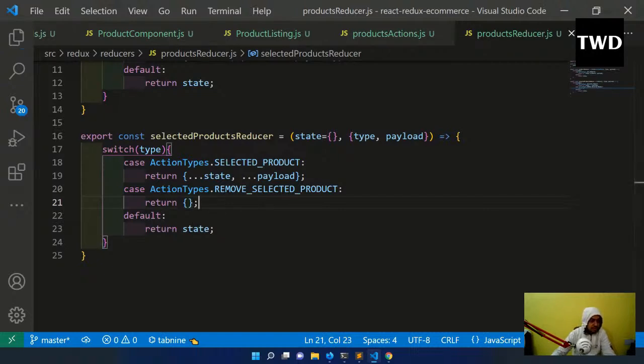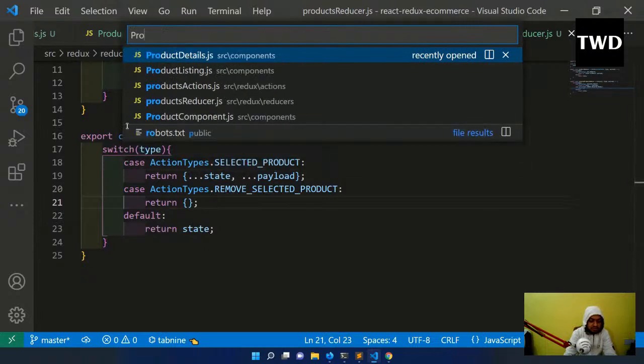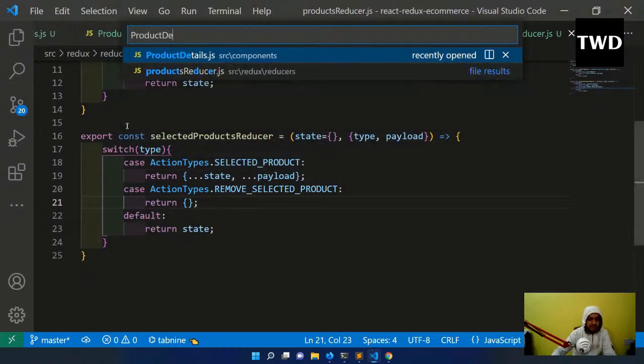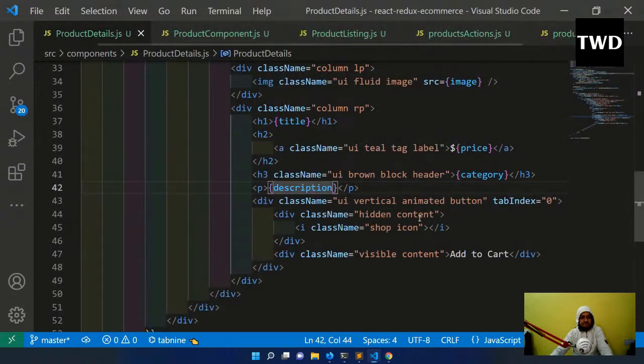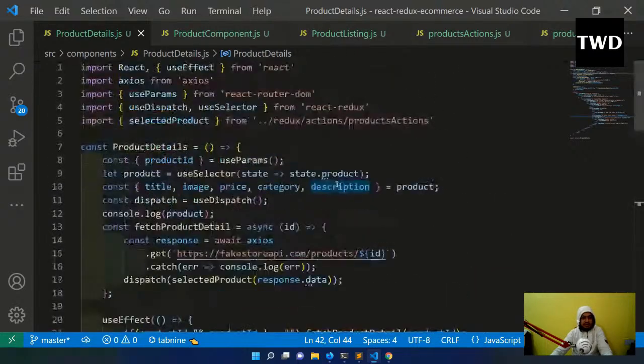Okay, so now in the, where is my product detail, product detail, I'll go, and here, yeah, in the product detail I will have this